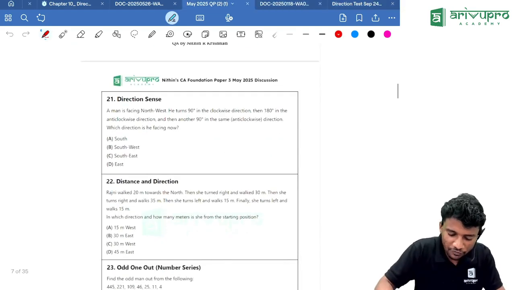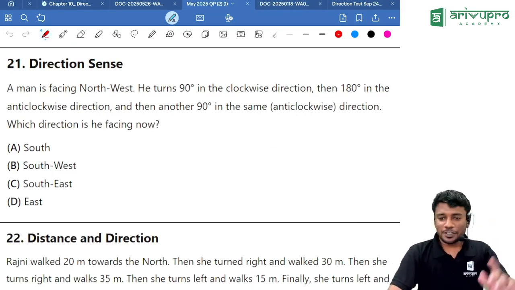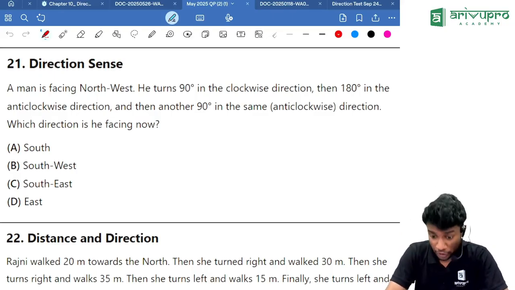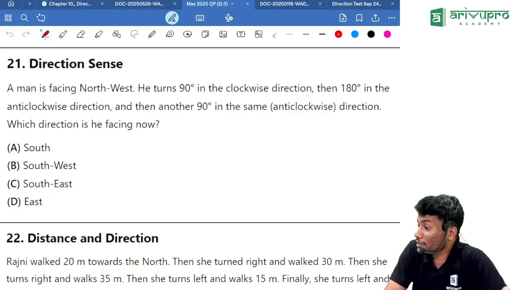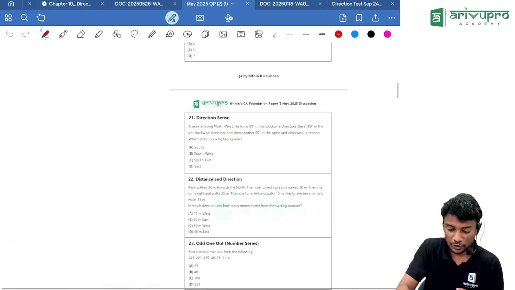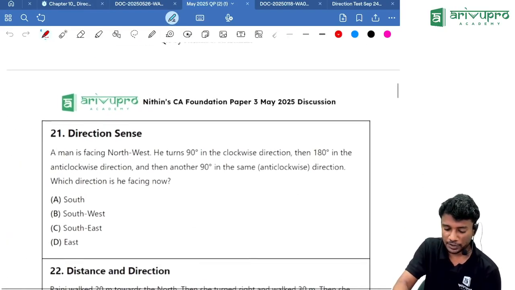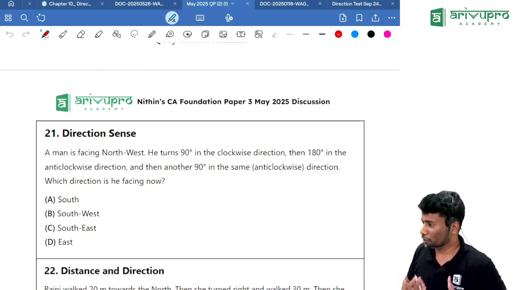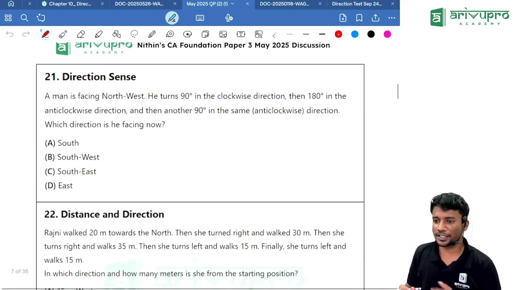May 2025 attempt. Finally, an angular turn-based question in your examination. According to my paper, whichever paper I got as a reference, it was the 21st question paper. It is not the same question paper as per the ICAI. I just extracted the question and put it in a PDF. That's why it is looking like this. You won't get any question paper with space like this.